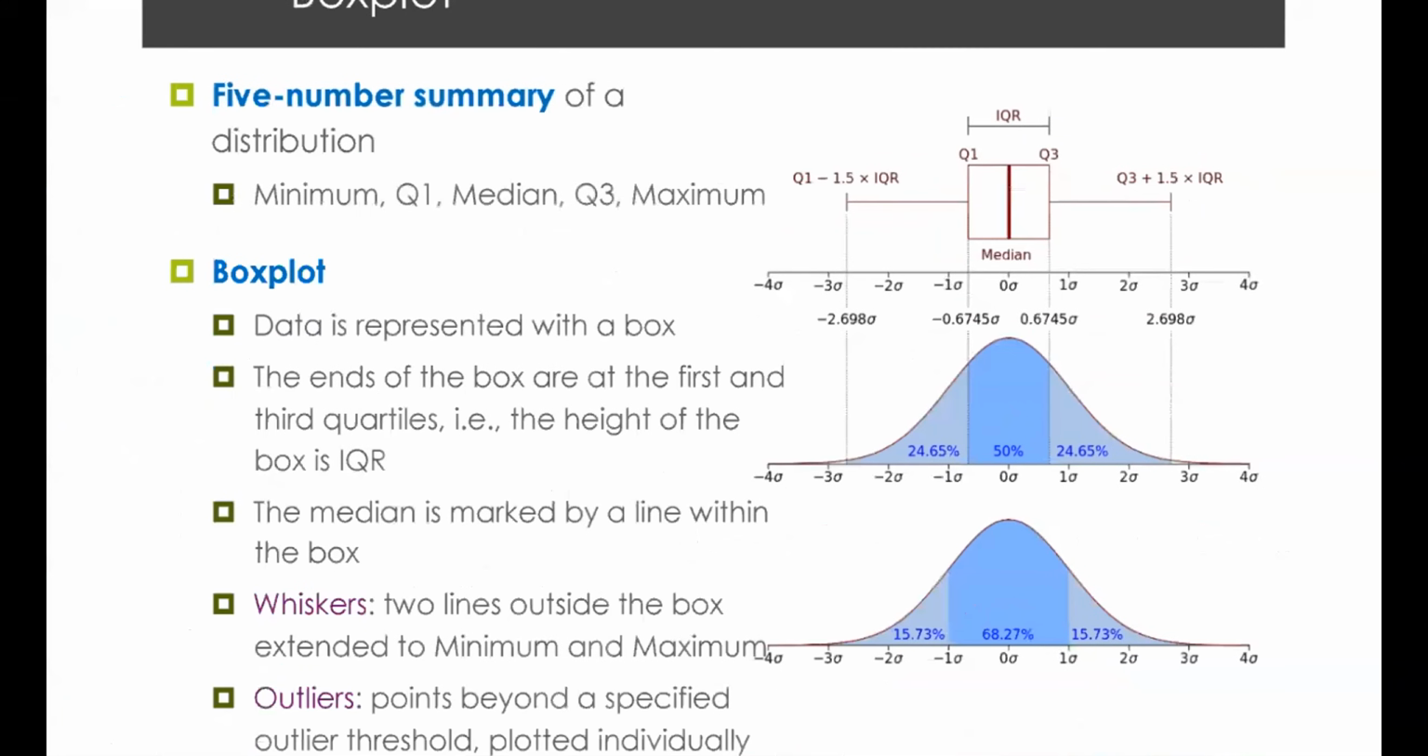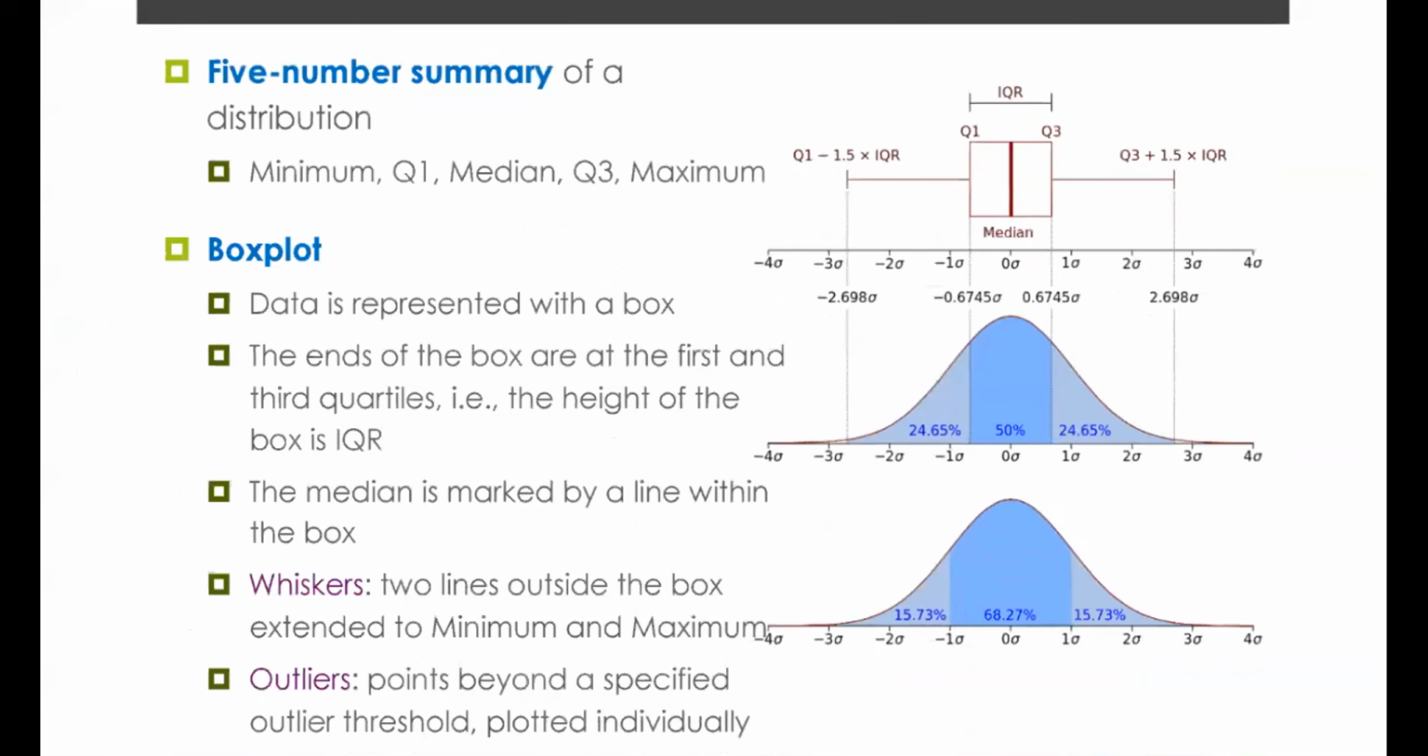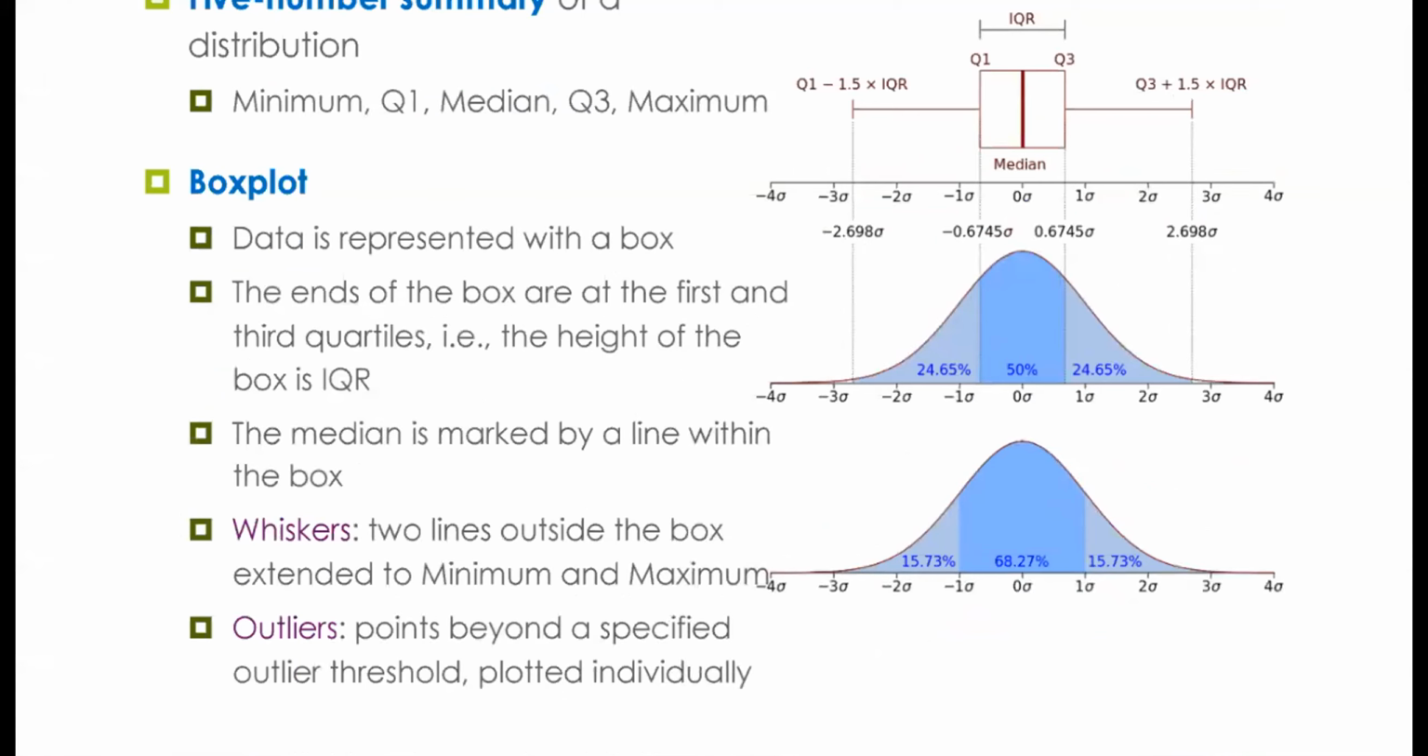What is the box plot? In a box plot, data is represented with a box, and the ends of the box are at the first and the third quartile. The height of the box is IQR. The median is marked by a line within the box. Whiskers are the two lines outside the box extended to the minimum and maximum. The outliers are points beyond the